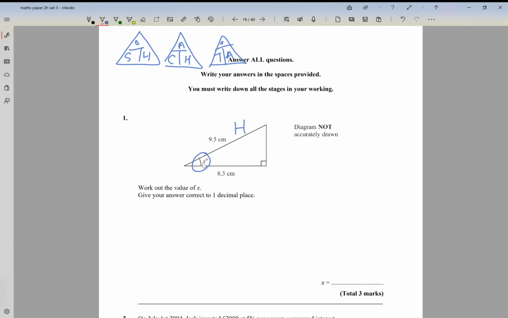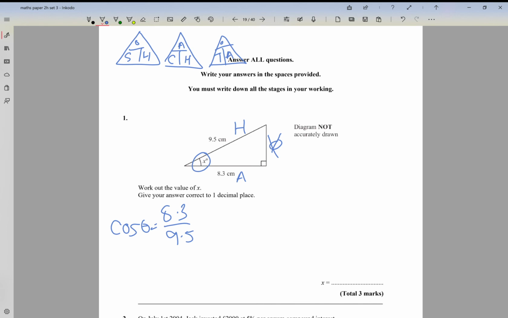And if this is X, the one opposite would be the O, and basically the other one is A, but that's A means adjacent, next to the angle, and it's obviously not the hypotenuse. So we don't care about the opposite on this occasion. We've only got the A and the H, so we just look at our ratios, and the one that has A and H is the C one, which is cosine. So cos theta equals A over H, 8.3 divided by